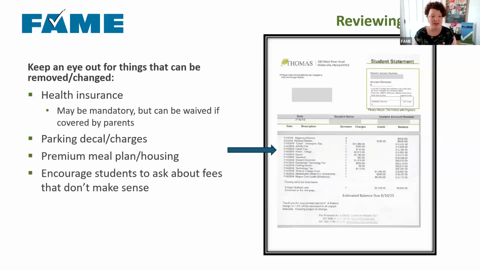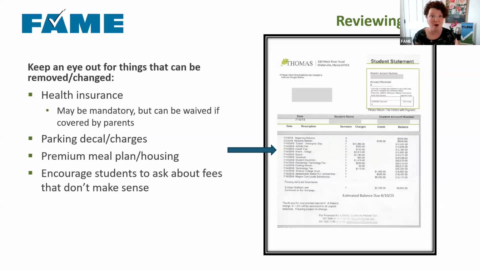A lot of this can be done just by the students reaching out to the college. I will also say in the summertime, it can be really busy, right? With students doing lots of these things, and the colleges may have a hard time answering the phone and getting back to the student in a timely fashion. Although I think that most colleges do a really good job.